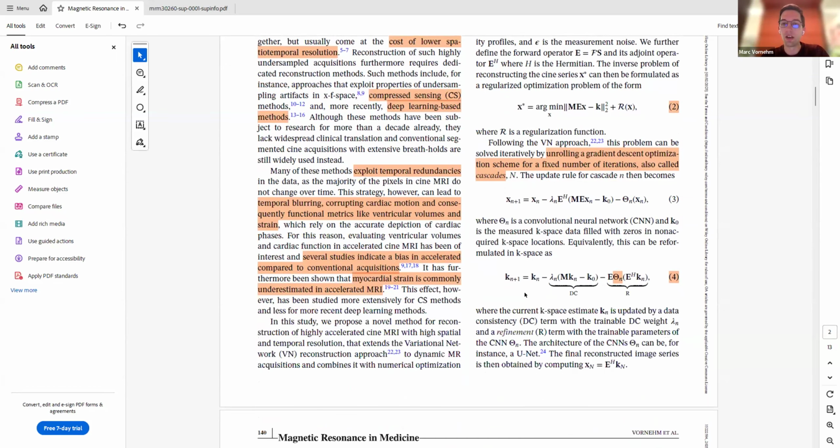And then in each cascade, you have a data consistency term and a regularization or refinement term. And the idea of the VARNet is that this refinement term is basically some convolutional neural network.